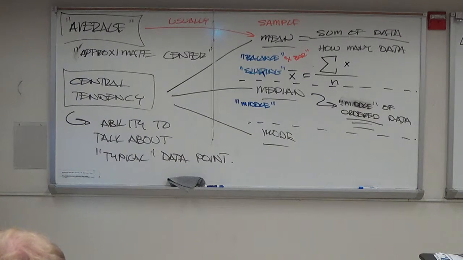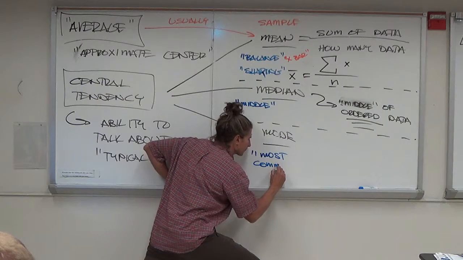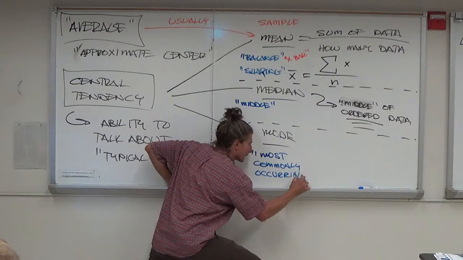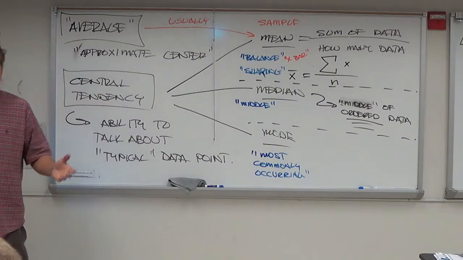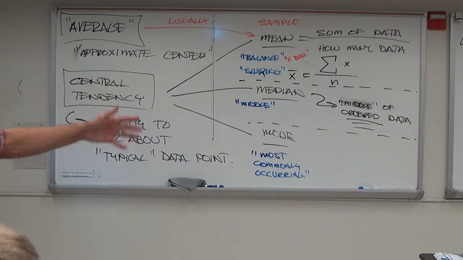It is the most commonly occurring data point, right? It's the most commonly occurring. That's what you should expect to get your house for. In some cases, yeah. Especially in neighborhoods where they build a lot of the same style, those houses should essentially sell for almost the exact same. If you build a $1 million house in the middle of like $200,000 houses, don't expect $1 million. Expect the mode, right? Or expect the average or the median. Yeah, more like the median, right?